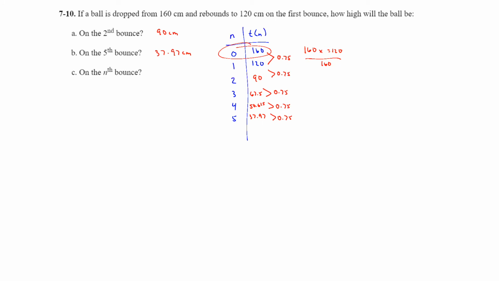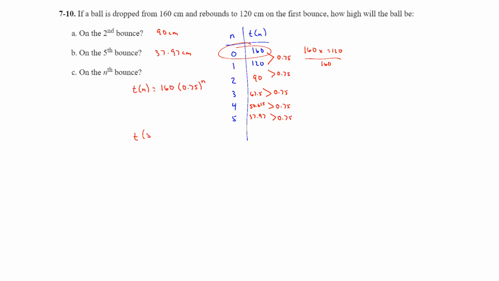So for the nth bounce, we would say that T of n is equal to the initial height, which is 160, and then what's happening to that 160? The 160 just keeps getting multiplied by 0.75 over and over and over again. So when something is being multiplied over and over again, you're going to raise it to the power of whatever bounce that is. So if I wanted to know what the 10th bounce is, I could just plug it in. Now, that is part C, but just to verify